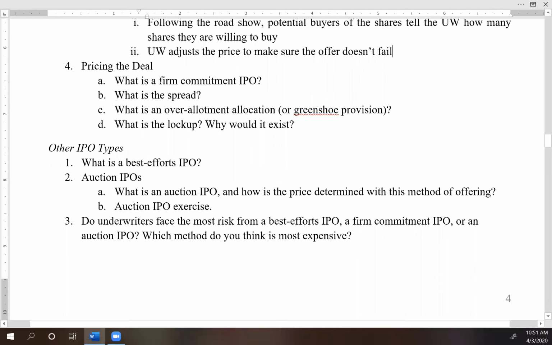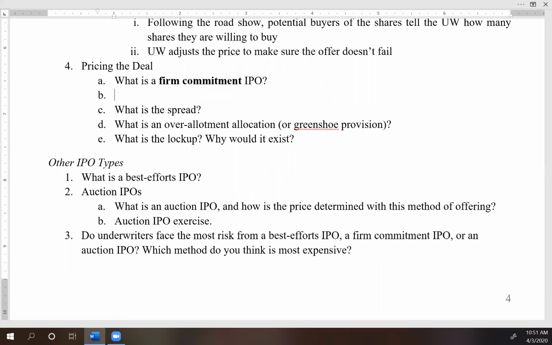Most IPOs are structured as what's referred to as a firm commitment IPO. In the firm commitment, what typically happens is the underwriter will buy up the entire issue of shares at around what the offer price is actually supposed to be. So the underwriter buys up the entire issue at the offer price, and what this does is it guarantees the